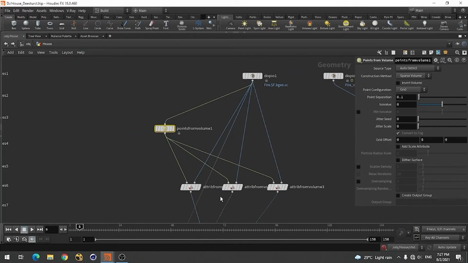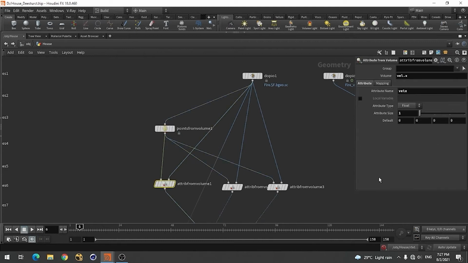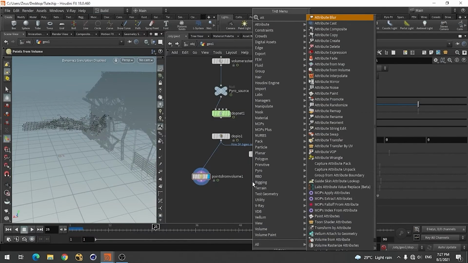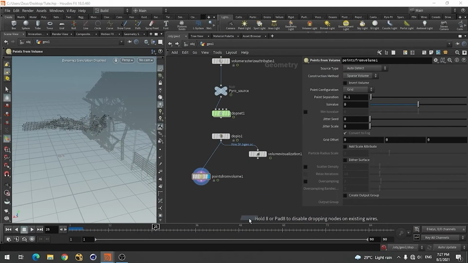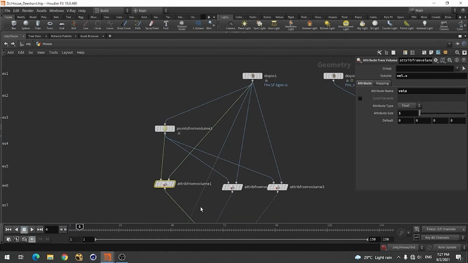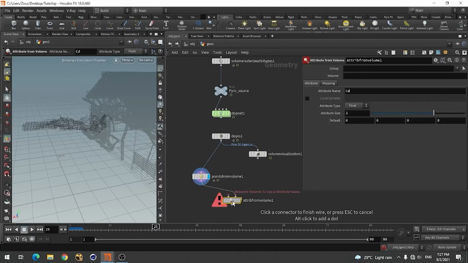And then we need to copy this value which is attribute from volume, okay, and we need one here and one here,